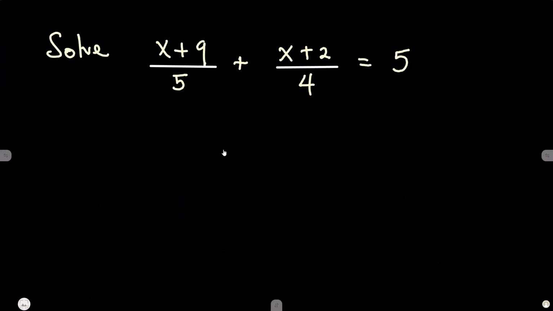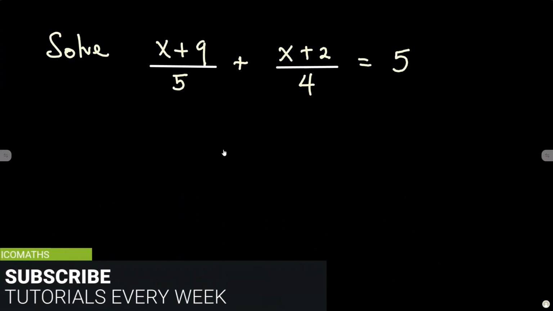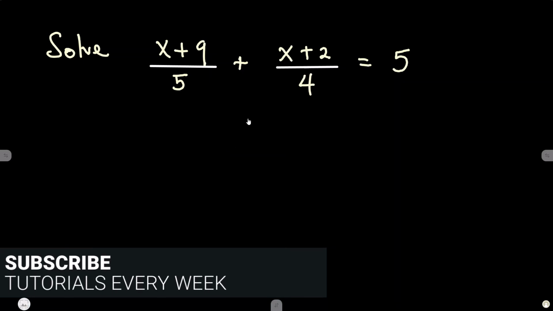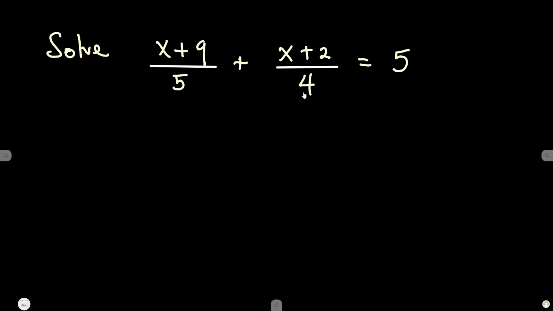So you have an expression (x + 9)/5 + (x + 2)/4 = 5. Now, one of the simplest ways to do this is to first look at the bottom numbers of the fractions, which are 5 and 4, and what's the LCM? The LCM definitely will be 20,